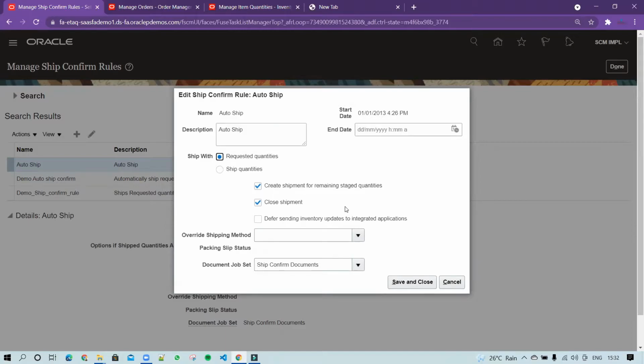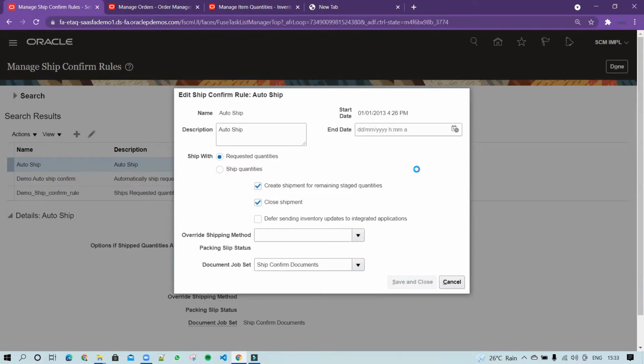if you are using defaulting supplementary code. Let's assume you are changing any supplementaries, then the system asks you to enter the ship quantity. If you are not entering that, then the system won't allow you and enable the quick ship flag at the shipment line, and you cannot proceed for the quick shipping. So you have to make sure. So for now, we have enabled the requested quantity.